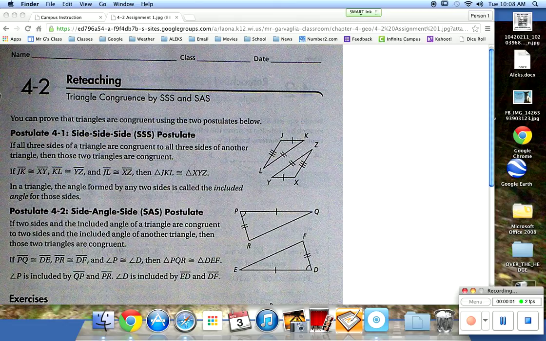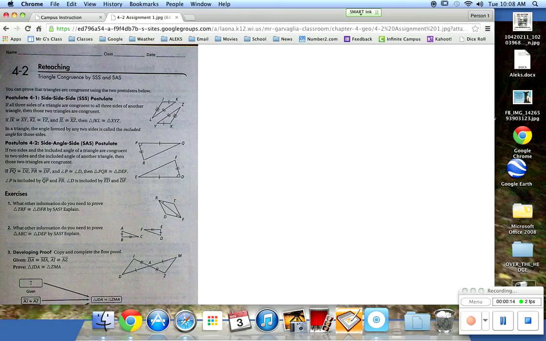We're going to learn about postulates now. We're going to learn about side, side, side, and angle, side, or side, angle, side. What does that mean? When I talk about side, side, side postulates and side, angle, side postulates, if I have